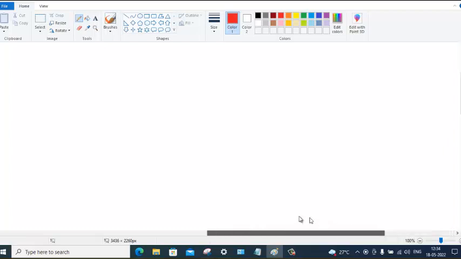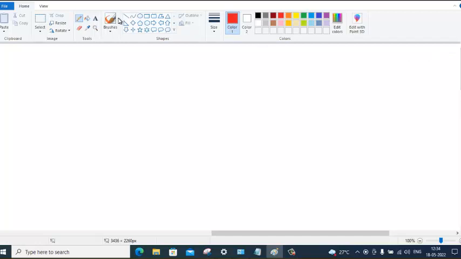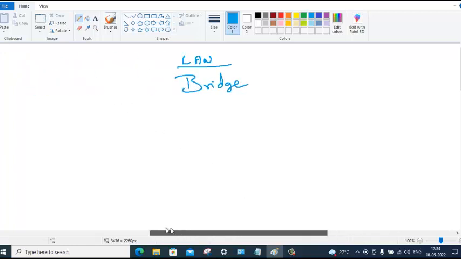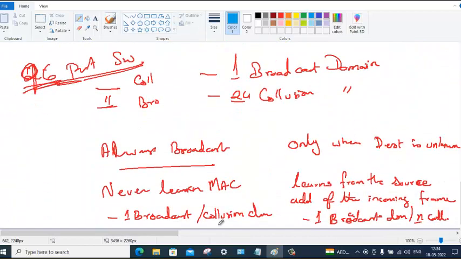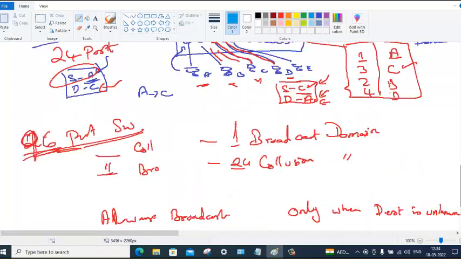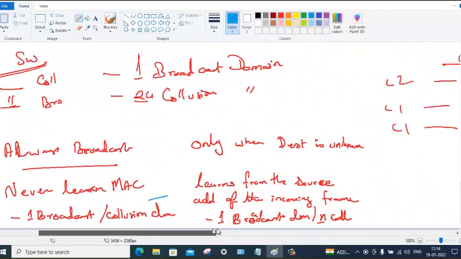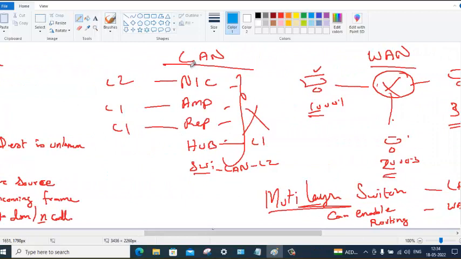Now one more thing I want to explain, this may be asked in an interview. There is a LAN device called bridge. I have not listed bridge here. I said LAN devices: NIC card, amplifier, repeater, hub, switch.